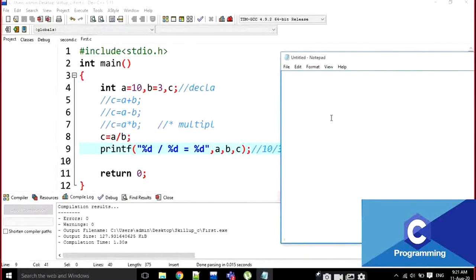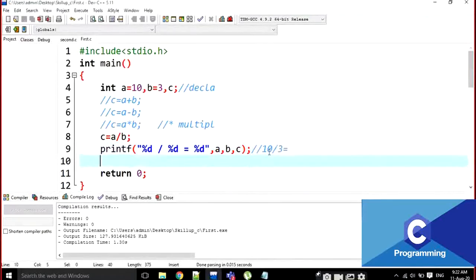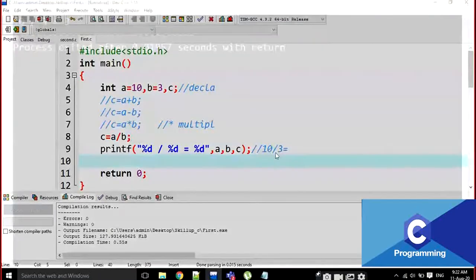If both are integers, how does it work? It returns the coefficient value every time. What is the value it is returning? It is returning the coefficient value. For example, this is 3 and 10. 3 threes are 9, and the remainder is 1 here. What is the coefficient here? Coefficient is 3. Every time, if both are integers, it is going to represent the coefficient only.